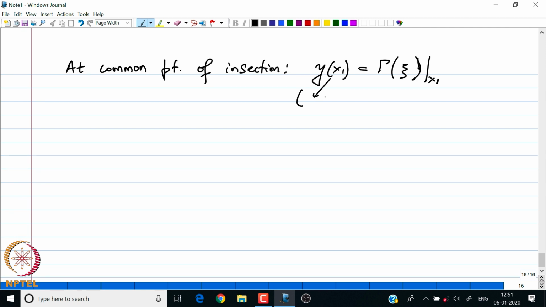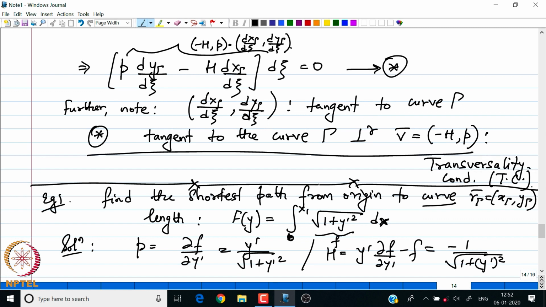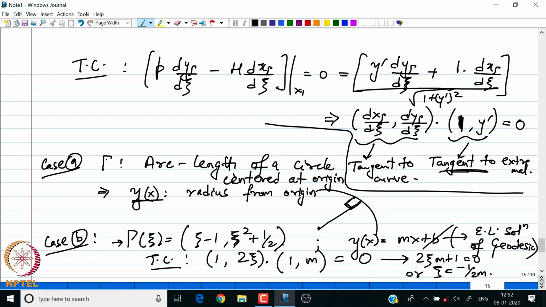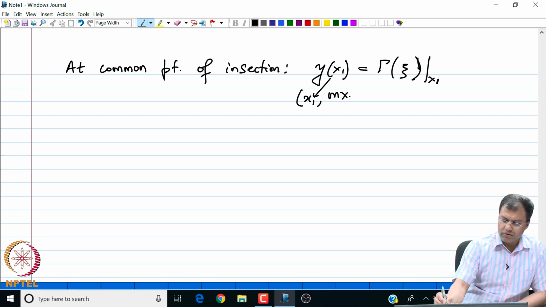So, what have I got is y at x1; the xy coordinates are x1 comma y at x1. We have one more condition. The original problem says that the starting point is the origin, so my extremal will be such that b is 0. So my extremal is y equals mx, because only this straight line passes through the origin, which means my point y at x1 is x1 comma m x1.